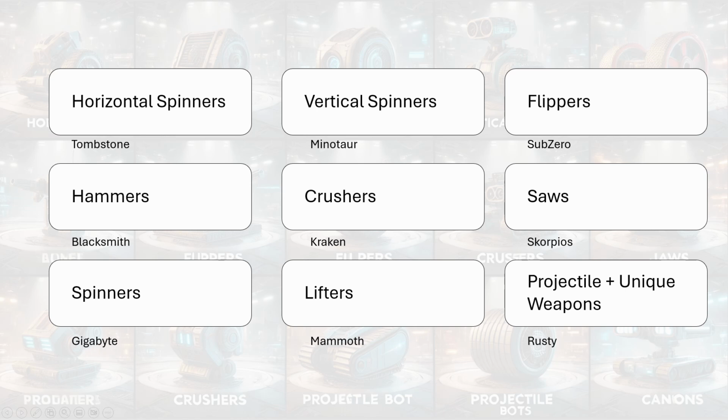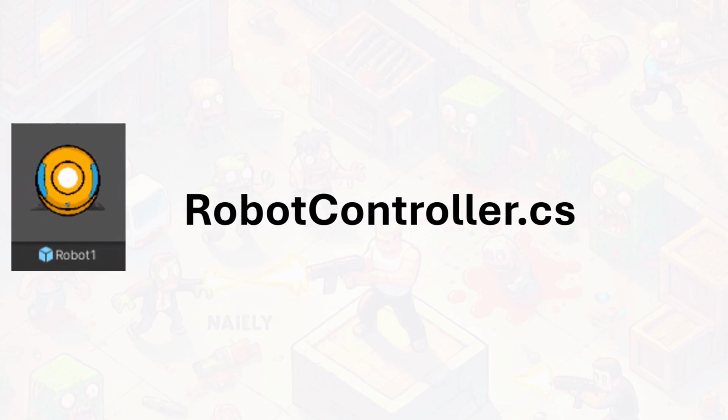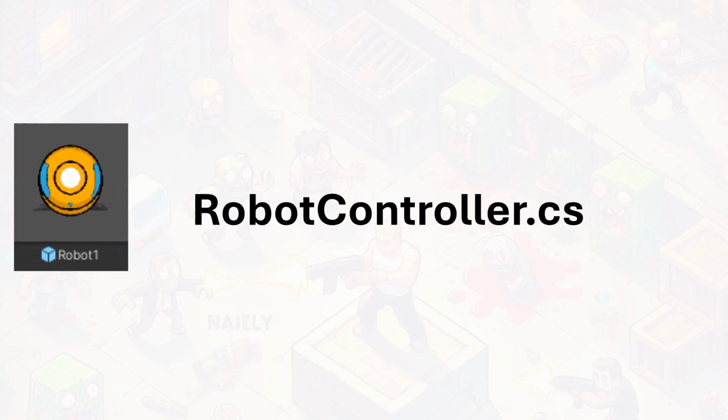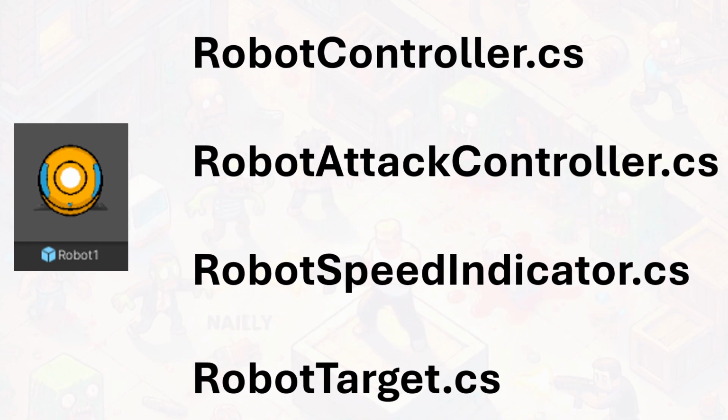But that requires a lot of thinking on the coding part. As I mentioned, at the moment it's very hard coded and just working for one robot with one set of weapons. It's hardly scalable, and everything was managed in one robot controller for one robot prefab. I spent time refactoring it into 4 different scripts: controller, attack controller, speed indicator, and target. The last 2, the indicator and the target one, are not really relevant for the